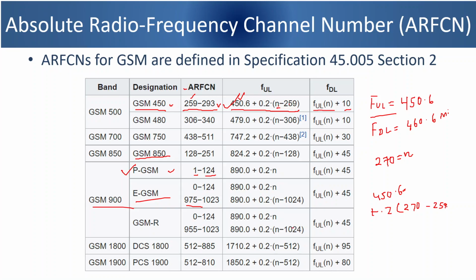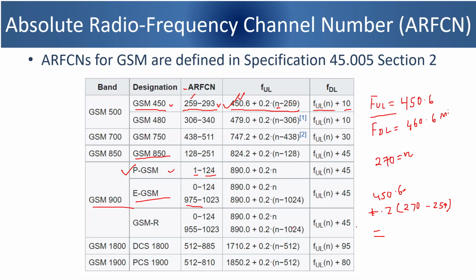Can somebody calculate and just write in the chat box? So this way you can calculate. If ARFCN is given, you can calculate the absolute frequency of uplink and also downlink. I'm not getting anything in the chat box. Can somebody do it for me? Yeah, somebody has calculated 452.8 megahertz, that is uplink, and by adding 10 you can calculate the downlink